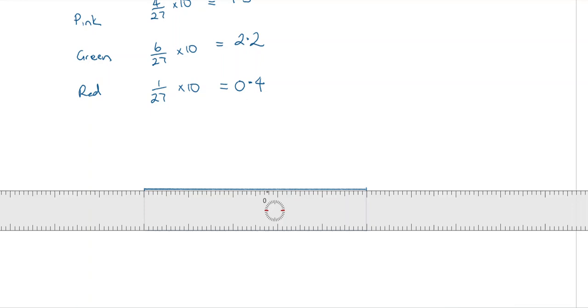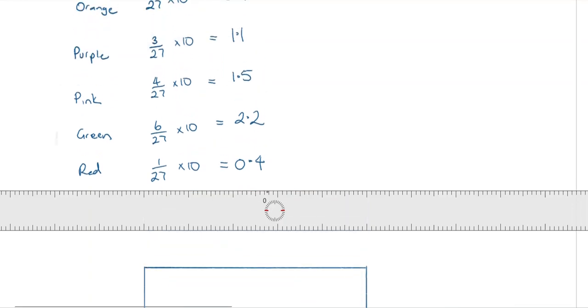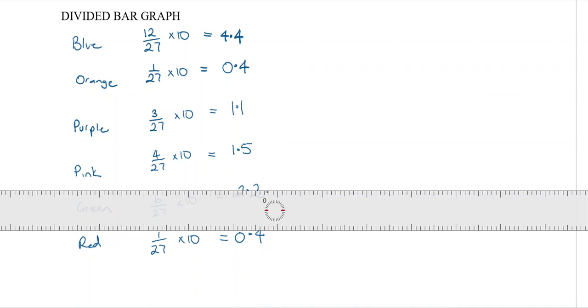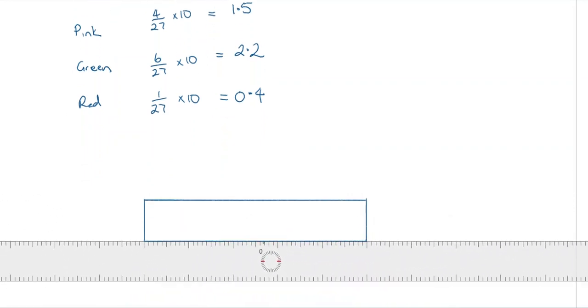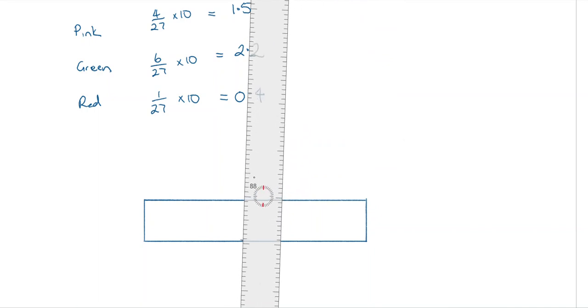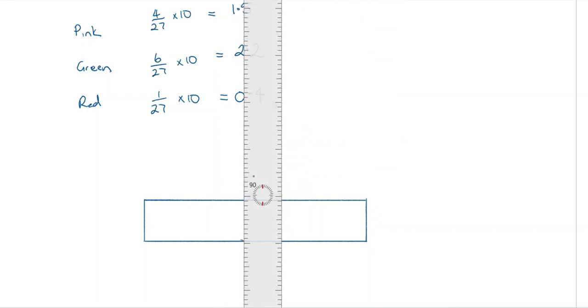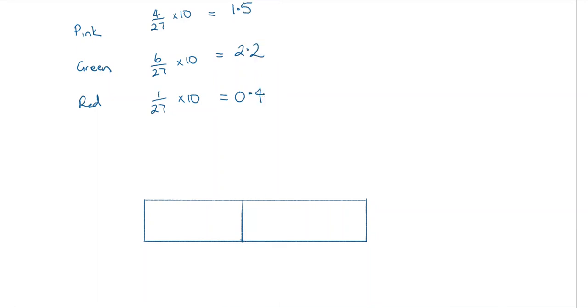Okay, so let's go with our blue. Blue, up here, I calculated needed to be 4.4, Lachlan, 4.4 centimetres. So use your ruler. You start at the beginning of your rectangle and you measure 1, 2, 3, 4.4 for mine is here. If it doesn't work out well, you haven't been accurate enough because it should. You've made an error then and you need to fix it. If it's not working out, you need to do it more accurately. 1 millimetre or 2 millimetres is fine. That's okay.